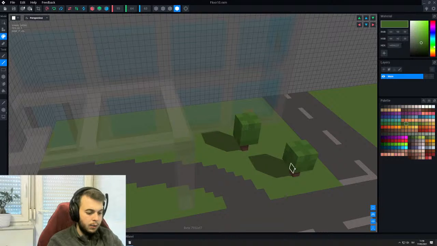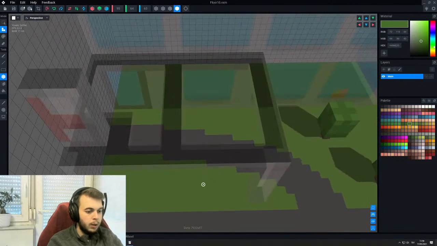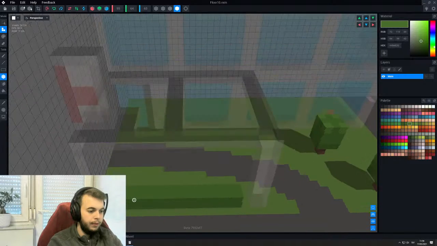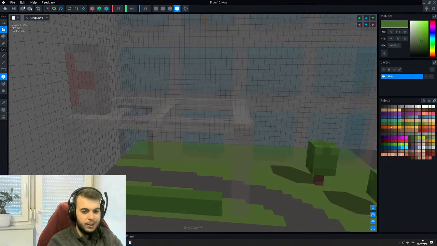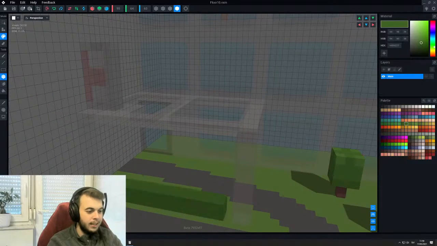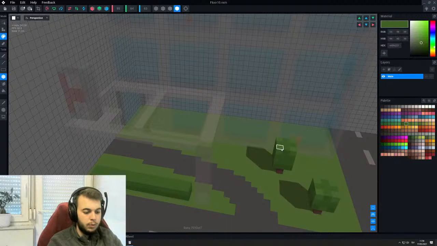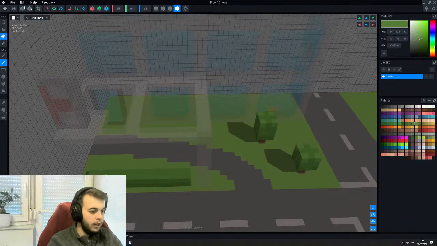And then I was also thinking about making something like this. Wait, why are these 2 the same color? Let's quickly fix that. So just something like this with a little bit more green, and we can add some